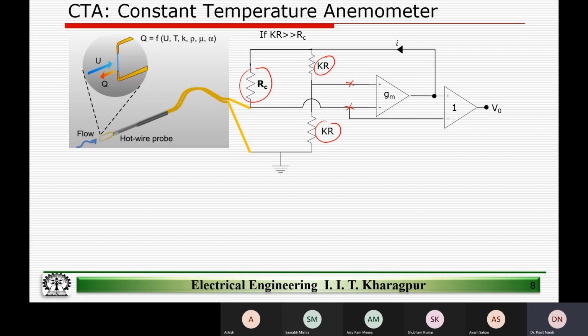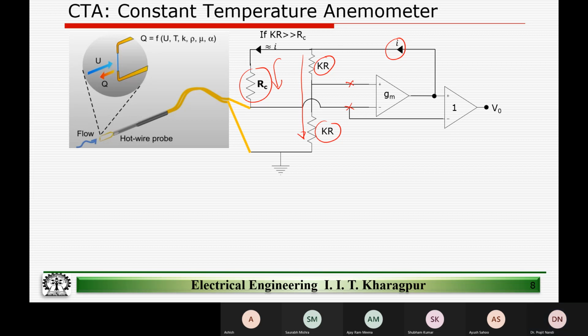And if the loop has a large gain, and if these resistors are equal, and this is much larger, we can approximate and say that most of the current flowing out of this transconductance amplifier flows here. It's safe to assume that the current flowing in this KR is very little. KR is much higher, let's say 1,000 times higher. We can make that. And RC again is a constant resistor, right? So with that,